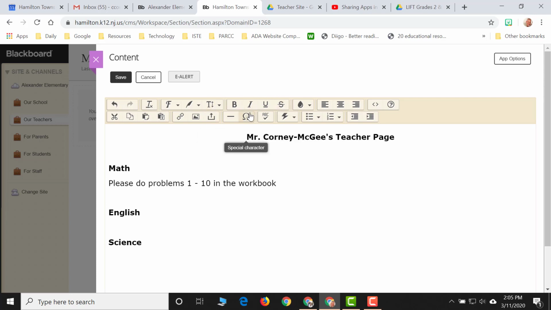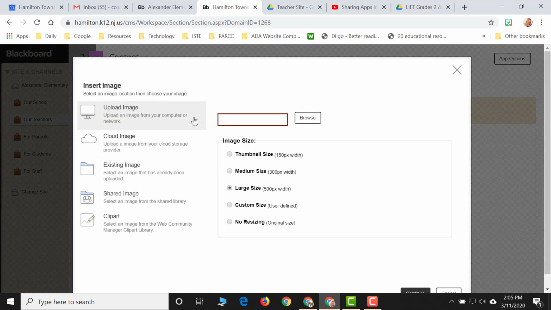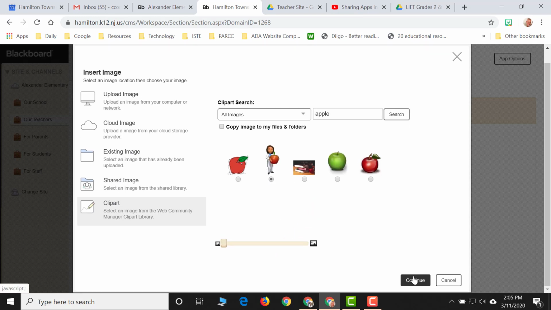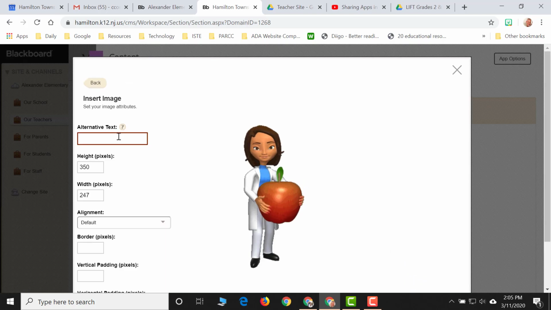So if I wanted to insert an image, I can click on the Insert Image icon. I can now look for that image. I could either have it uploaded from my computer, it could be somewhere on the cloud. I can use an existing image that I've used in the past or a shared image, or I can just choose clipart. I can pick an image that I'd like to input into my page, hit continue,